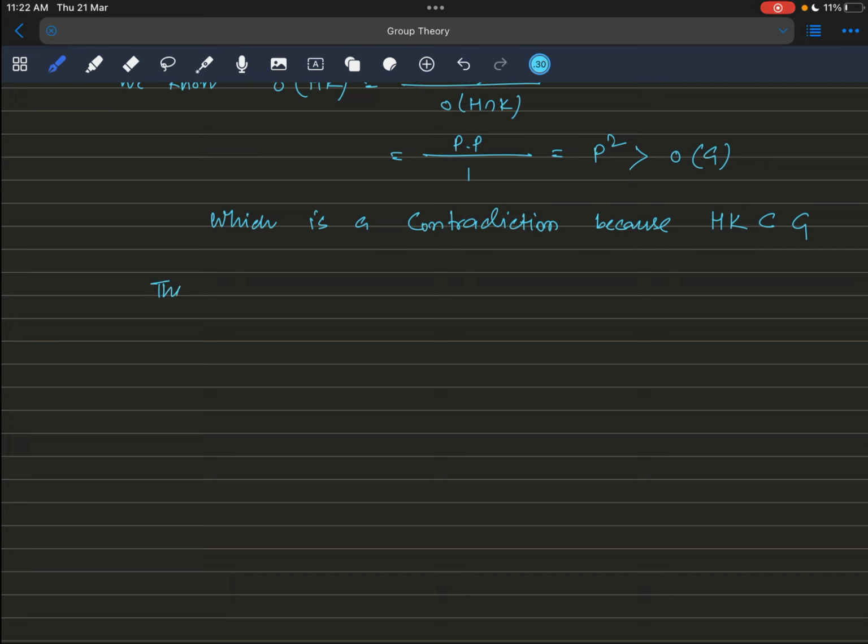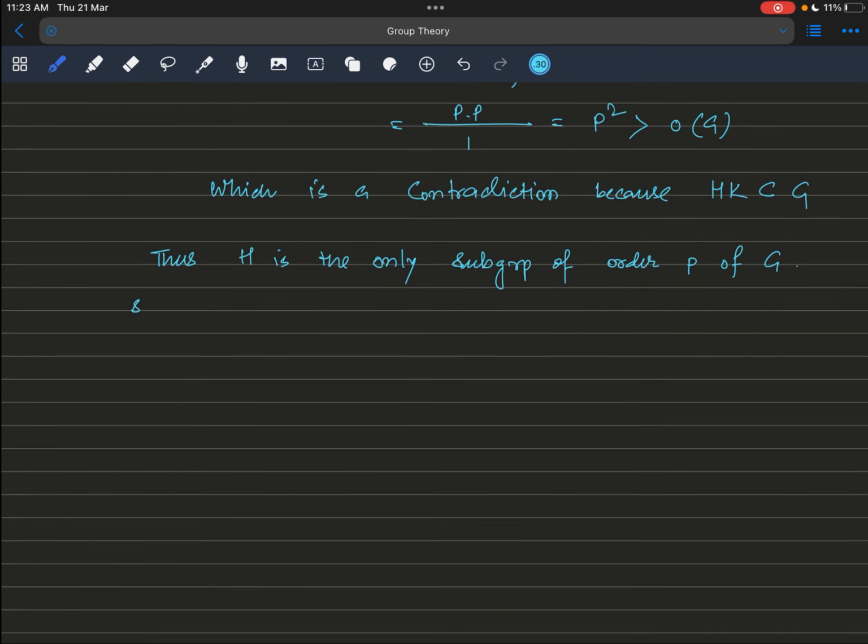So thus H is the only subgroup of order p of G, and since